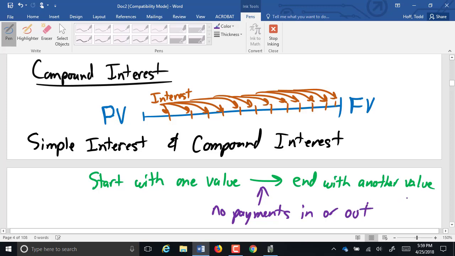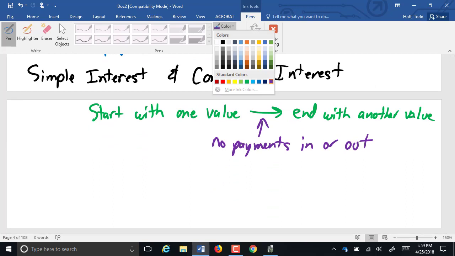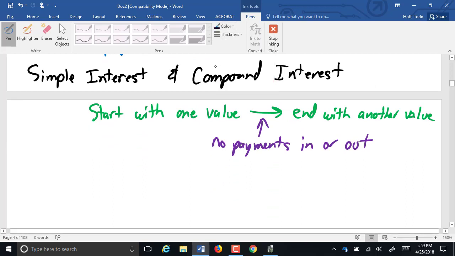So you have a present value, you have a future value. The only thing that happens in between there is interest growing. Simple interest, it's all one big period. Compound interest, there's several periods of interest within there. Tonight, we start the next step in that evolution,